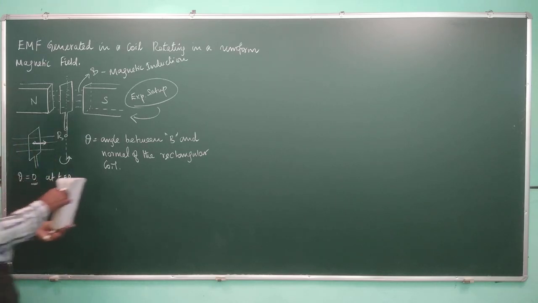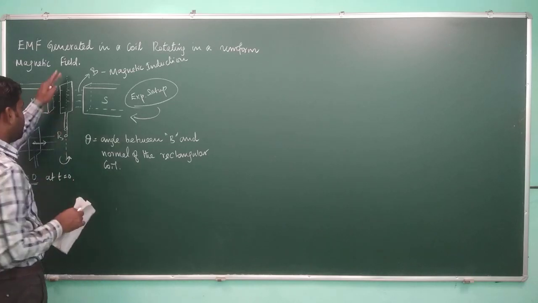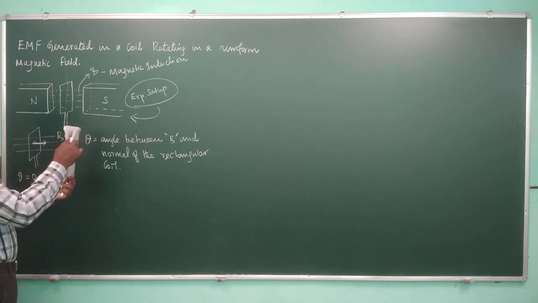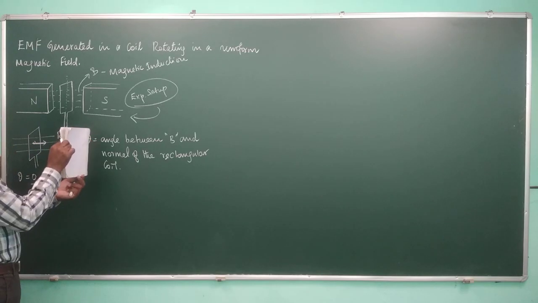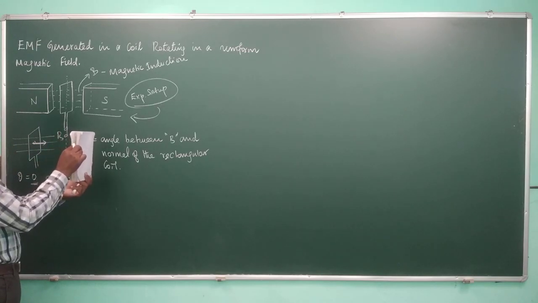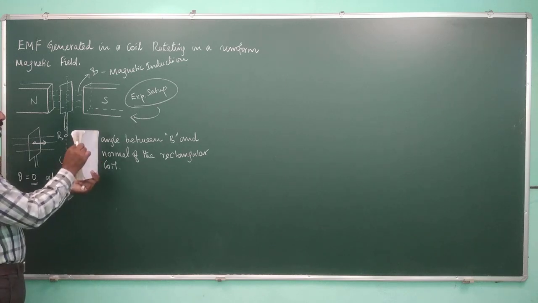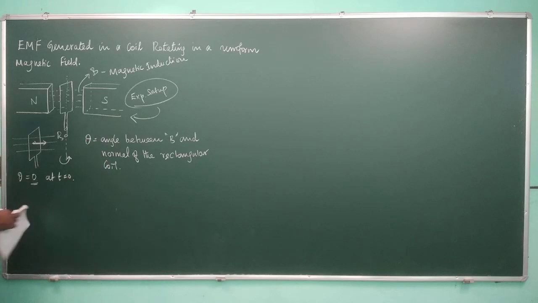Now what happens, the experiment is made in such a way that we are able to rotate the coil about an axis which is perpendicular to the direction of the field, right? In that case we start to rotate like this. After a moment of time, after t seconds, this position will turn up to this position. So there will be an angle created. This is always the direction of the magnetic field, while the rectangular coil will be tilted, so that there exists an angle theta.